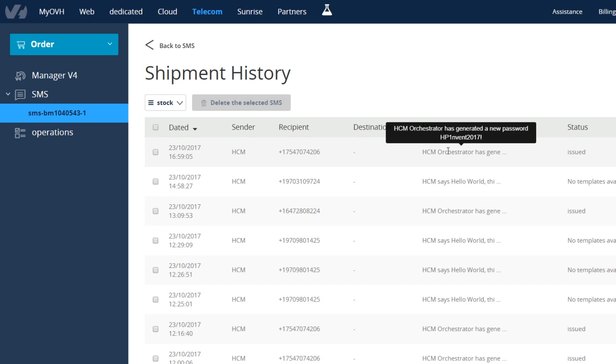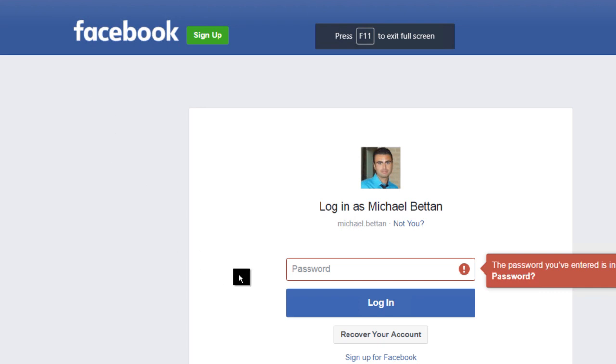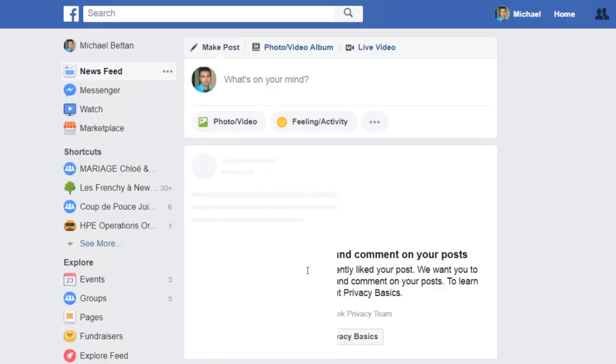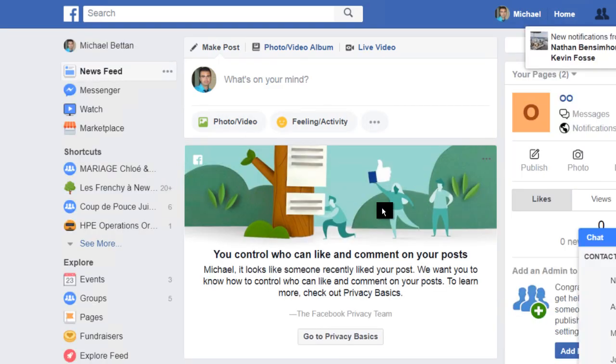HPE Orchestrator has generated a new password, HP100 2017. Now, if I want to connect to the application, I am able to log in with the new password sent by the orchestrator bot, and I'm able to connect to my Facebook account.